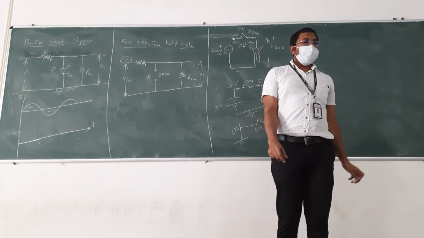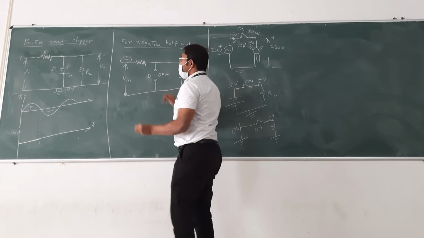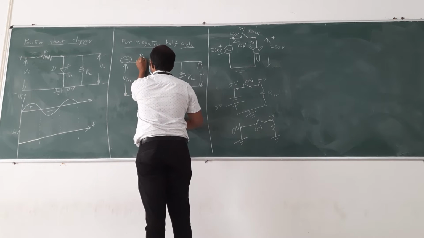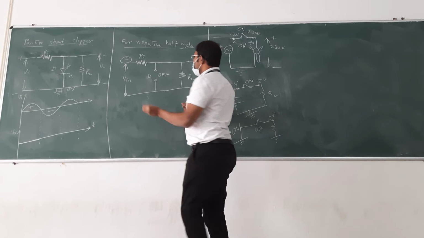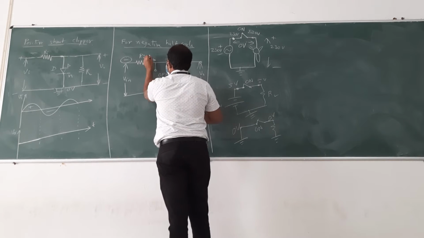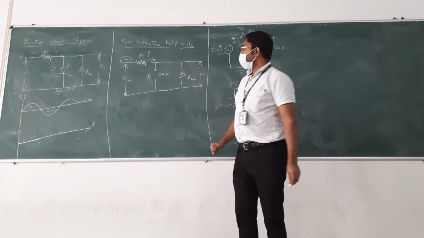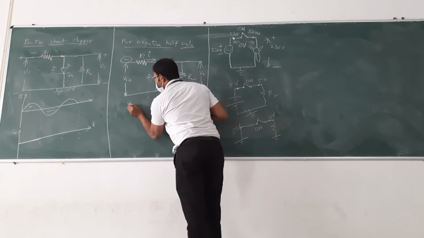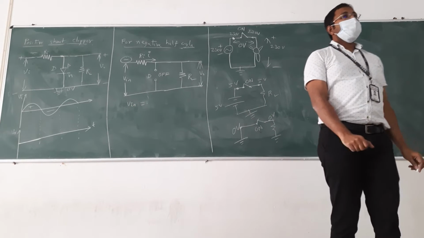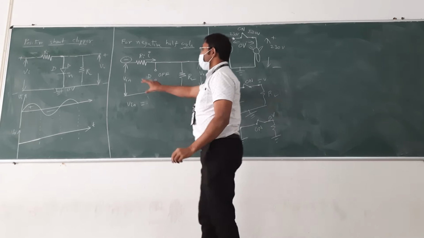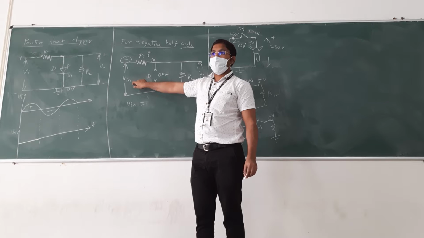This is the situation. Okay? For the negative half cycle, this is the situation. Right? Now, let me call the current I. Okay? Let me call the current I. Use Ohm's law and tell me what Vn will be equal to. Use Ohm's law. Vn will be equal to what?